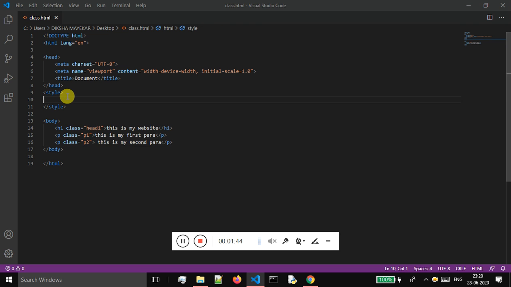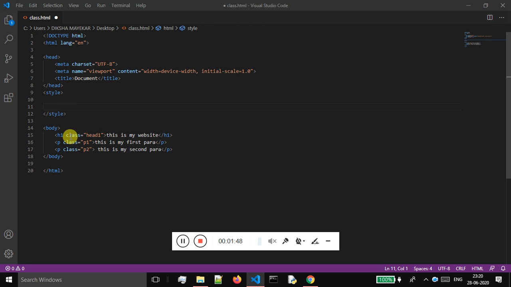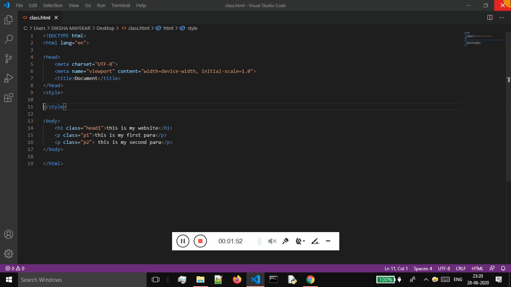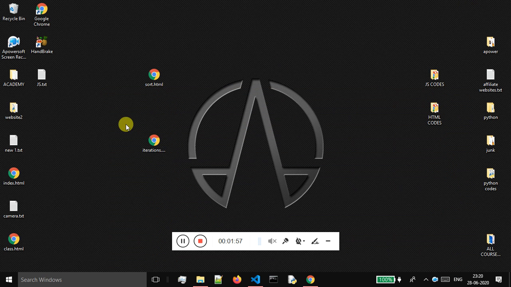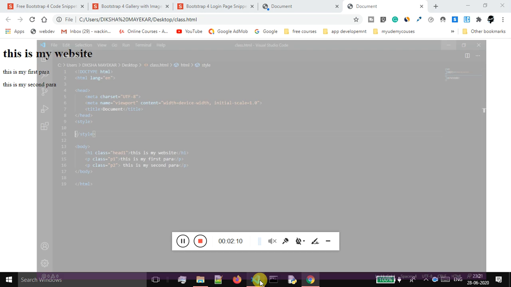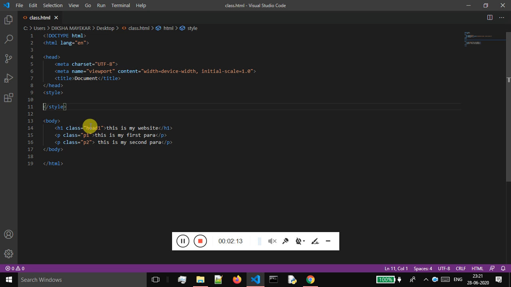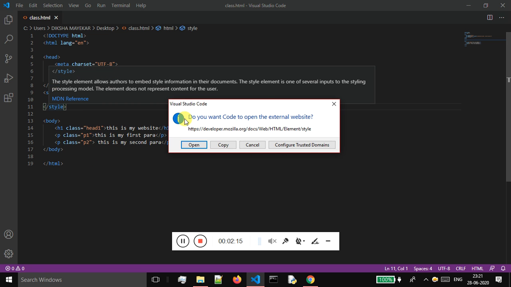three elements. I will come to the top, and now I want to apply some properties on this first element, heading h1. Okay, so now if I'm just saving this and executing this file, let me show you how this file looks. Okay, this is that file. Let me just keep these files aside, and now if I'm executing this file, I'm getting this, which is normal output. And if I want to apply the properties on the heading h1, I will come over here,